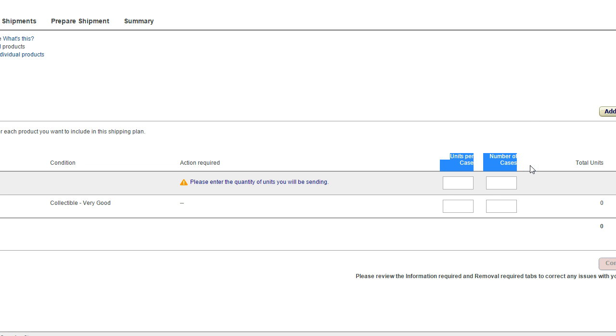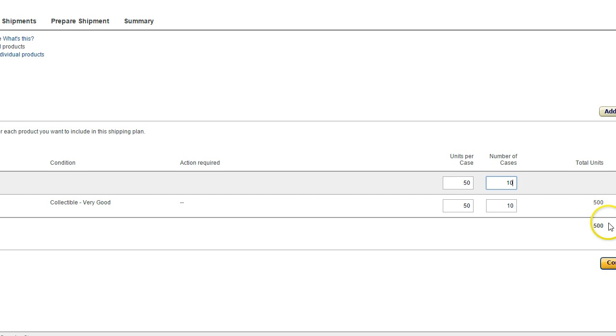A lot of times people get those backwards and they think cases should come first and units per case should come second. So make sure you're aware of what's going on, because if you're doing 50 units per case in 10 cases, well, that's 500 items. But if you're doing 50 units per case and you get this backwards,